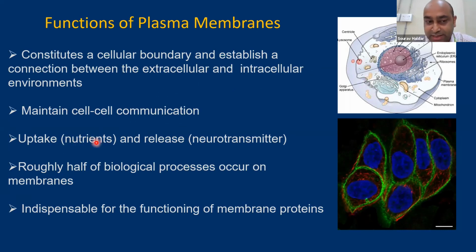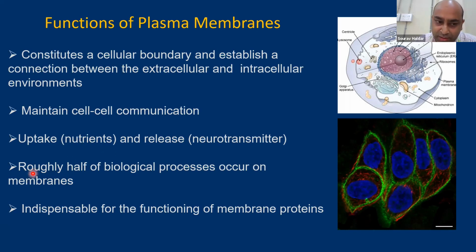Cellular entry, particularly nutrient uptake, all happens through the endocytosis process, and that involves the membrane. Similarly, some of the cellular products, when they are released outside in the form of exocytosis, that's also a membrane phenomenon. For example, neurotransmitters released at the neuromuscular junction is a membrane phenomenon. So that's one of the roles of the plasma membrane.